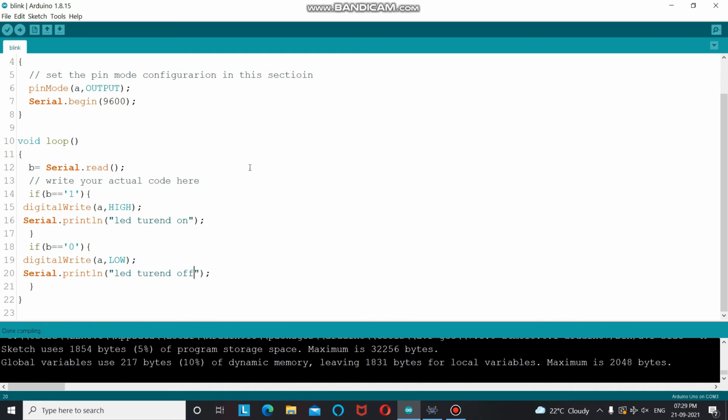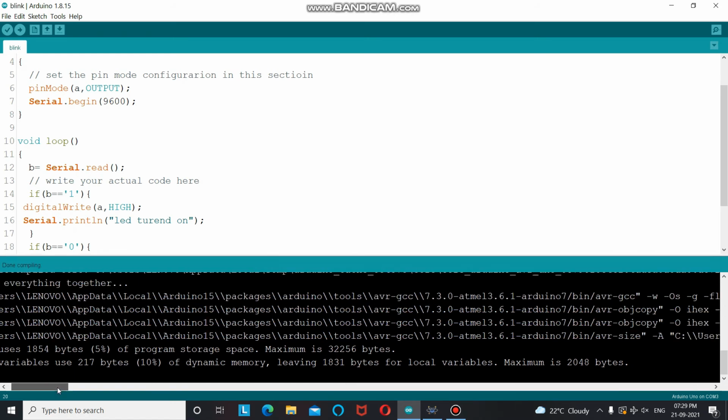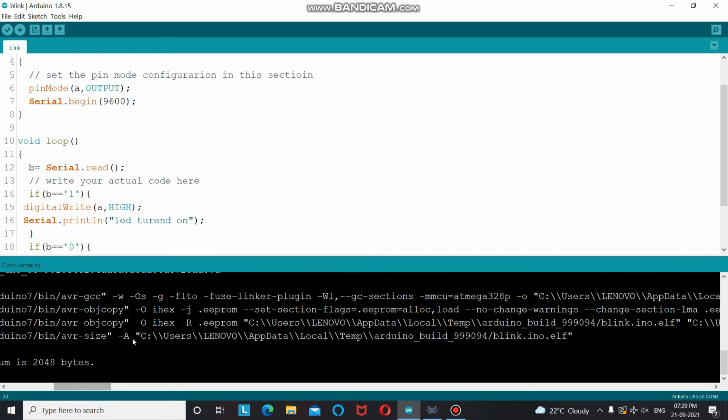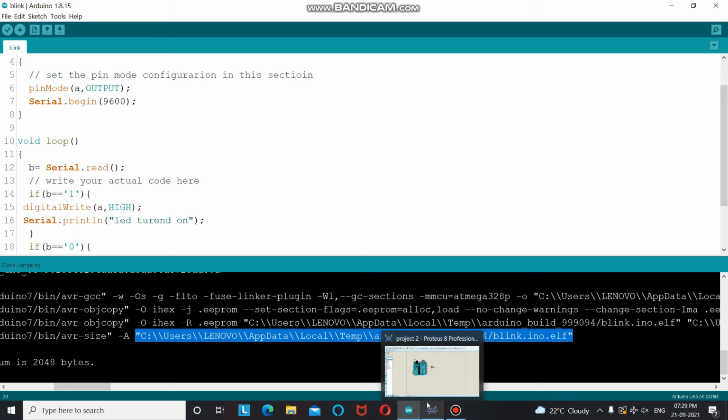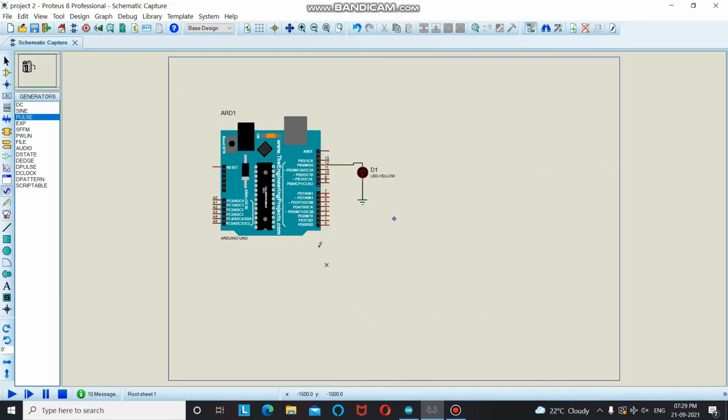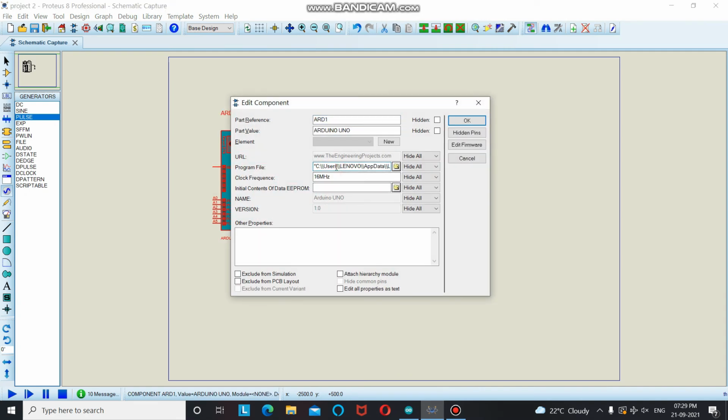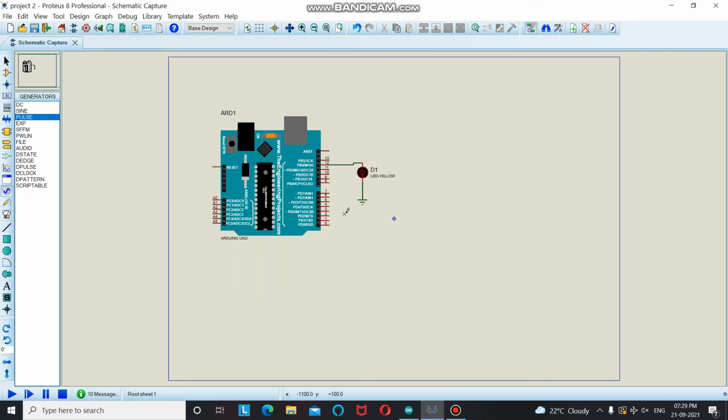As I said, when you are compiling this code, you have to copy the address of this file for the first time to upload it in the microcontroller or the Arduino board. But the next time you compile this code after adding this address to your microcontroller, you do not need to copy and place the address again and again. So for the first time you have to do like this: copy, select all and paste.